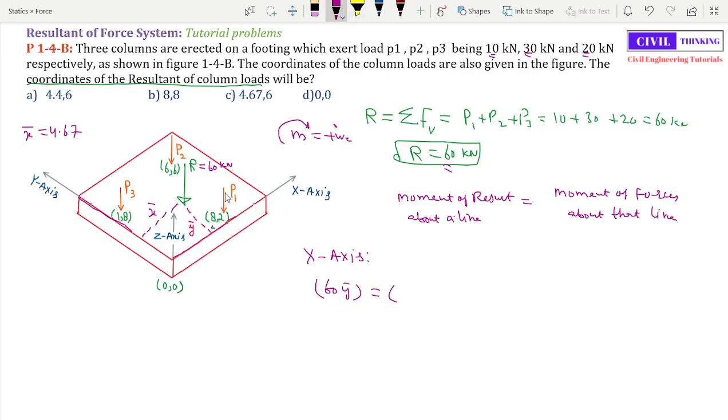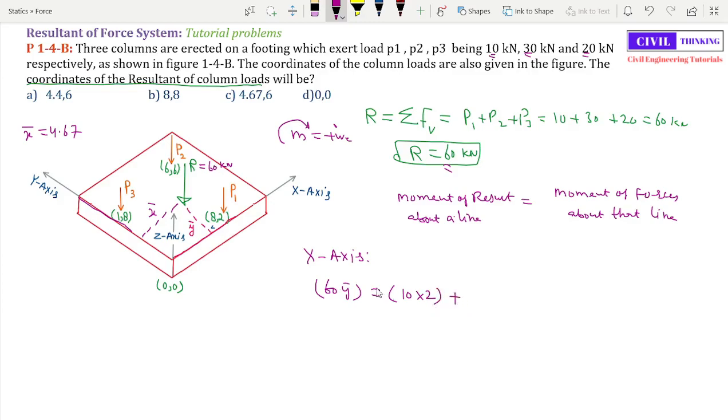Now let's find the moment of p1. P1 is 10 kilonewton, so it is 10 multiplied by how far p1 is from the x-axis. It is at a distance of 2, because the y coordinate tells us the normal distance from the x-axis, and the x coordinate tells us the normal distance from the y-axis. Right now we are finding the distance of p1 from the x-axis, so we will use the y coordinate, the second coordinate. 8 is the x coordinate, 2 is the y coordinate. So the distance of p1 from the x-axis is 2,